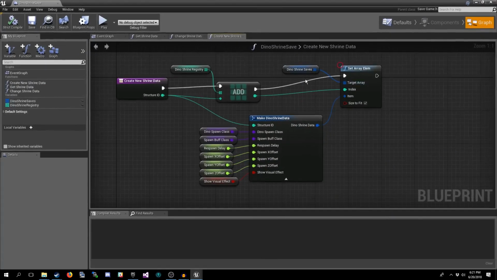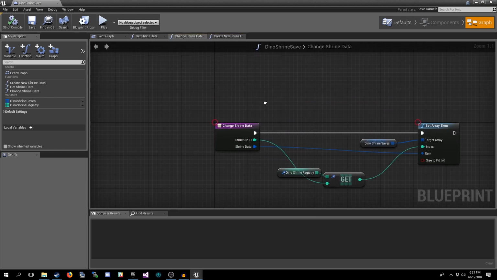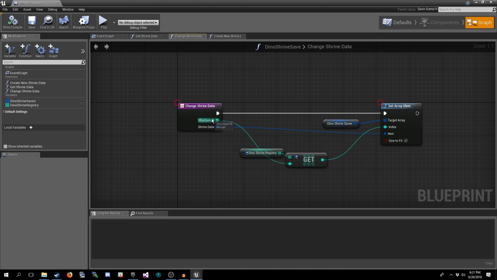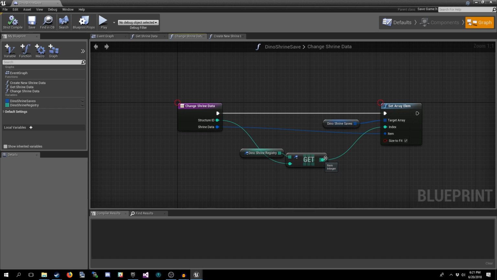Now, there's not a big change here. All we did was we added another function, and that is change shrine data. The way this works is it takes a structure ID, a new shrine data struct, and much like our get shrine data, it uses the Dino Shrine registry array as a way to quickly get the index for this array so that we don't have to iterate and break every single entry in order to figure out if it's a matching item.